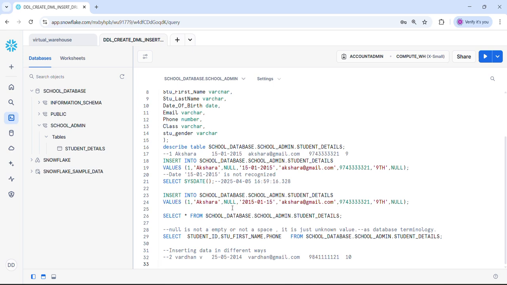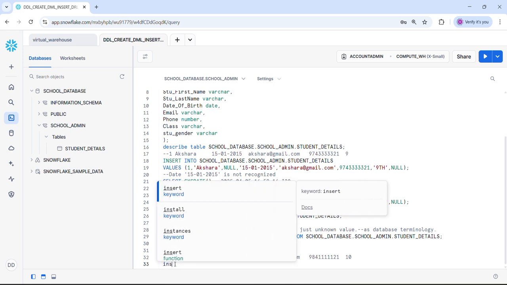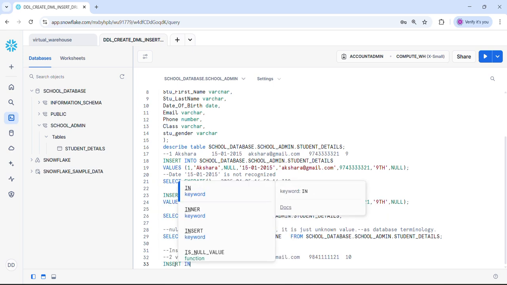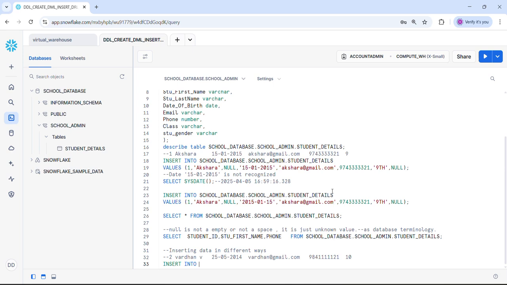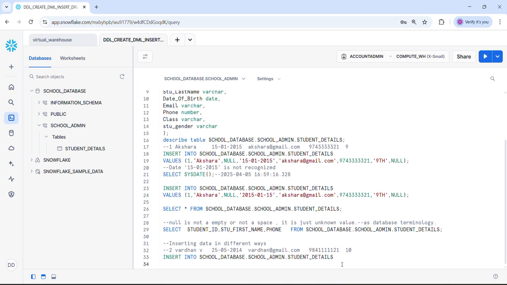I'm taking the same syntax and giving all values. Insert into my database, giving the fully qualified database name, the schema name and the table name. Then values, I need to pass. As per this slide, this record I'm inserting. So the next value is